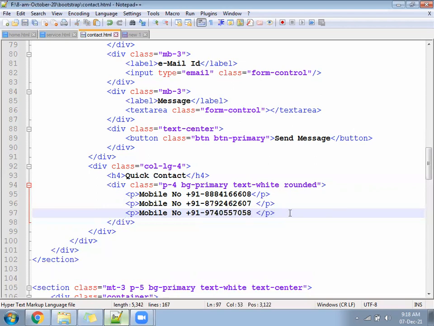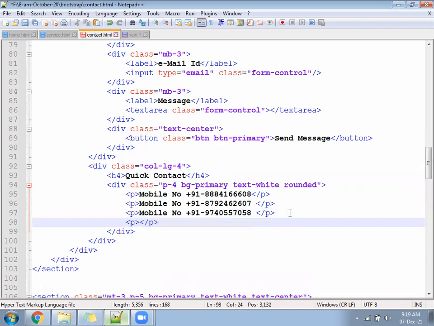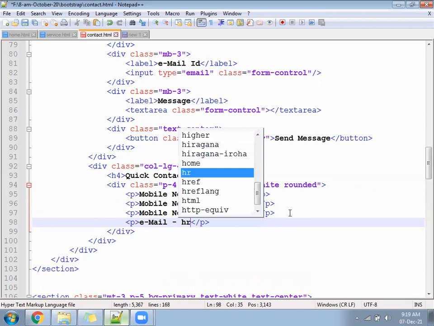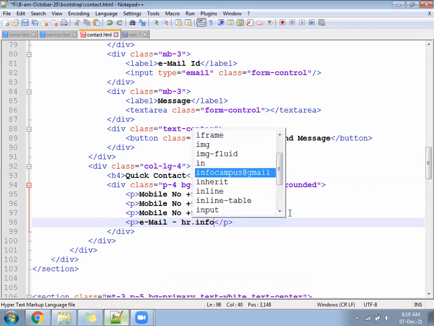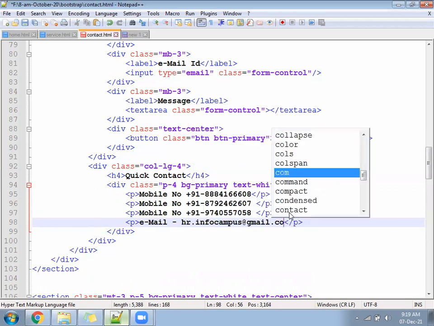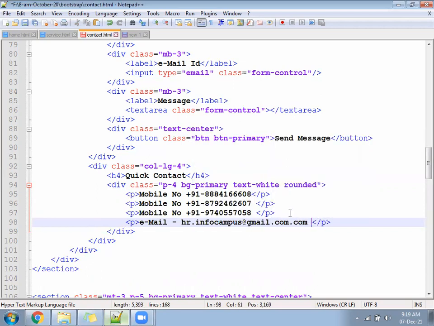Email ID: hr.infocampus@gmail.com. It will come on the right-hand side.